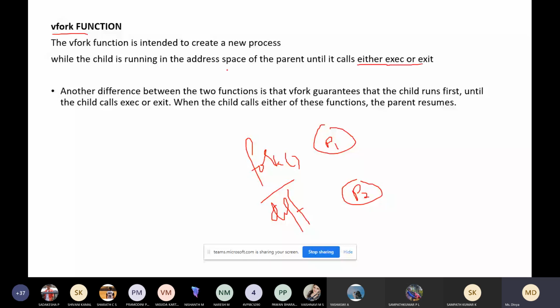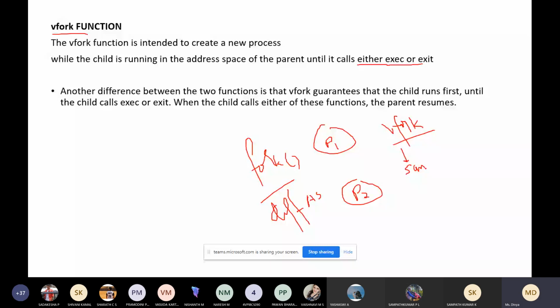In the case of vfork, both the parent and the child have the same address space. So that is one of the differences between fork and vfork.